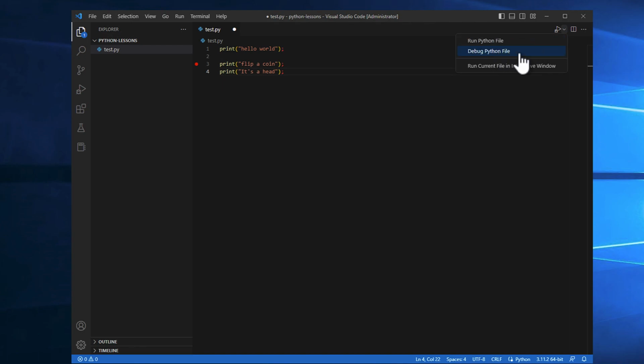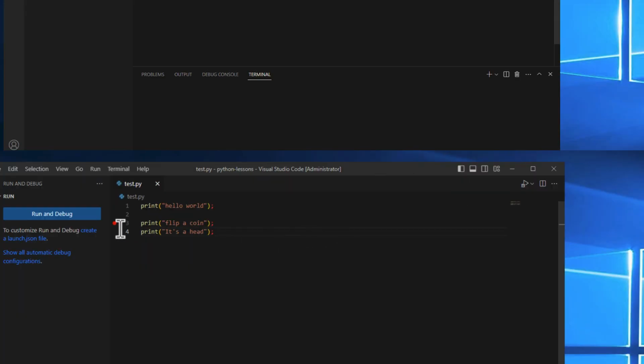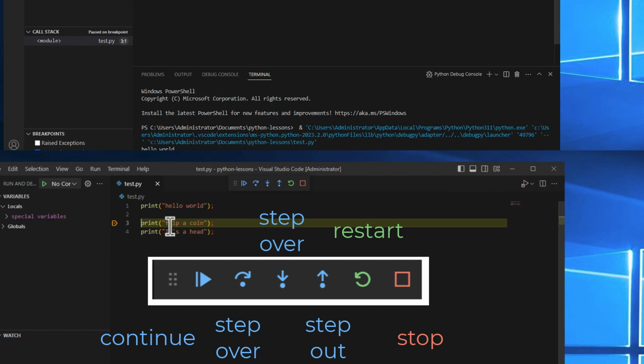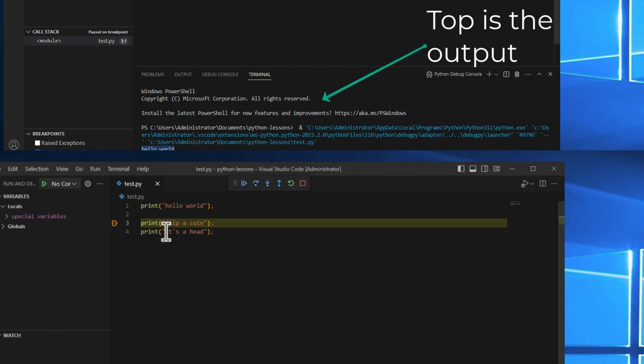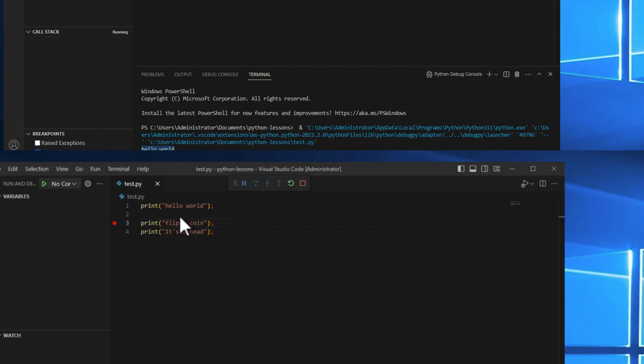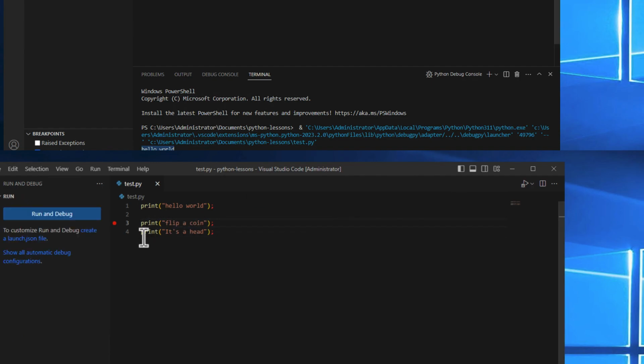If you select debug, it's going to print hello world, and then instead of printing flip a coin, see how it prints hello world, but it paused right here. To have it continue, you can hit this triangle. It says continue, or you can hit F5. It will continue, meaning it will continue to run to the end